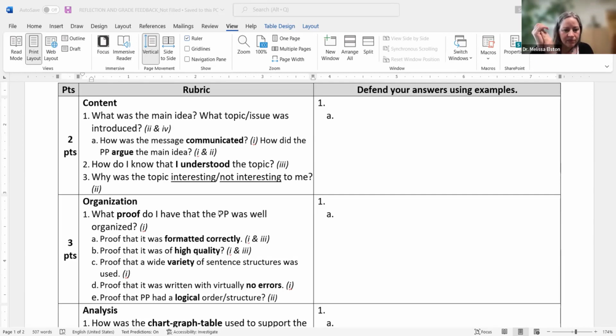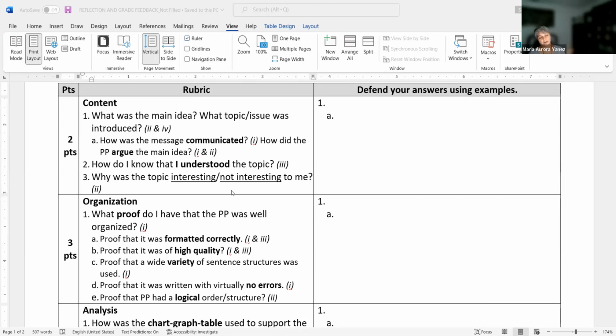And I'm looking, where is the place where you're thinking that aligns? Is it that very next sentence that says what was the main idea, and then what topic/issue was introduced? So for me, at least in the social responsibility one, I took it directly from there about the topic and the issue. And then I kind of piggyback on it with number 1A, where I say, how was the message communicated? And that is more about